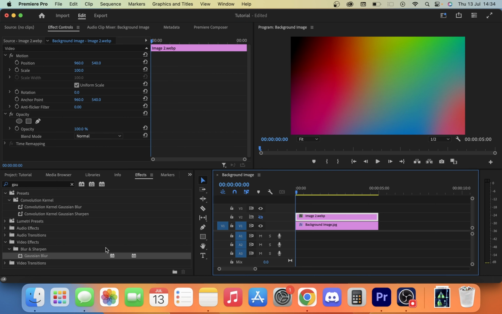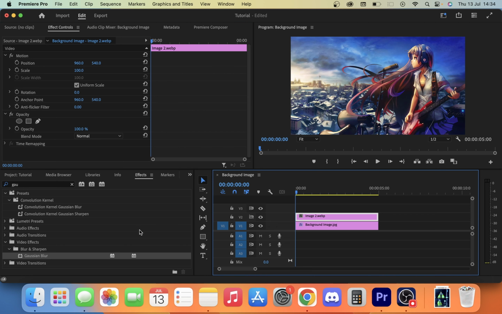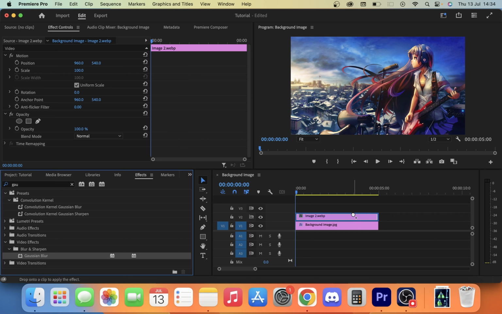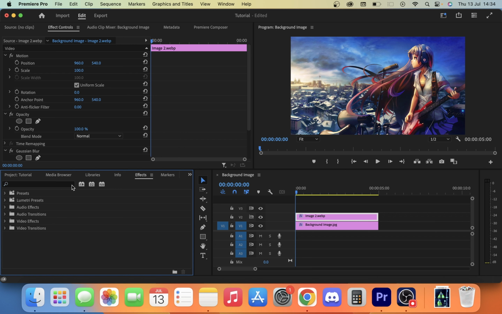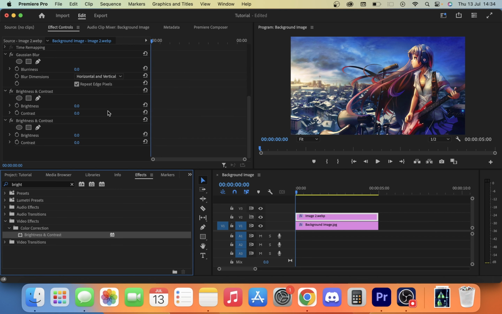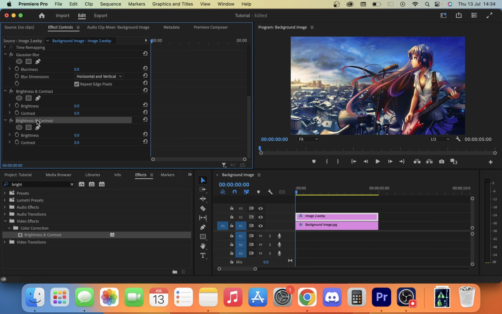But if we go to our next image, turn that on, and apply the same effects again. There's our Gaussian blur, and our brightness are now applied. So we're in the effect controls. And I've got two brightnesses. If you do want to delete one, you just simply click delete on your keyboard if you want to get rid of one. So as you can see here, I'm going to turn the brightness down a bit on this. So 10 seems to work for this, and if I put a 30 on the blur, you're going to see